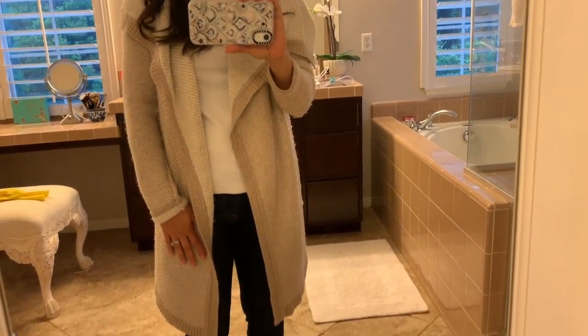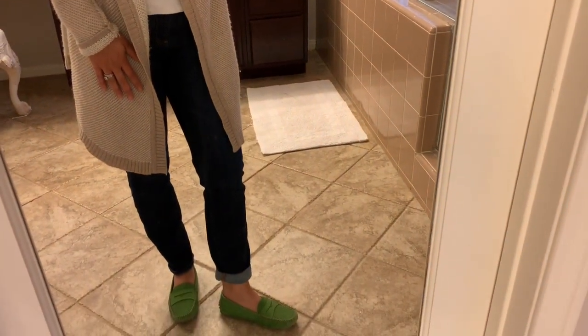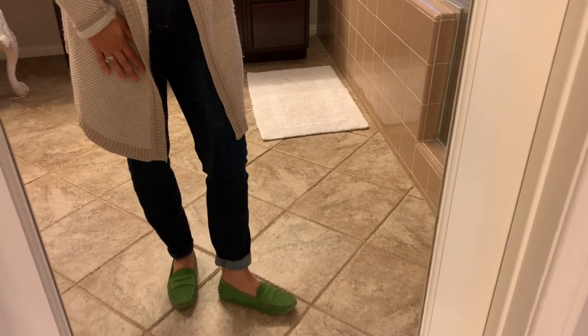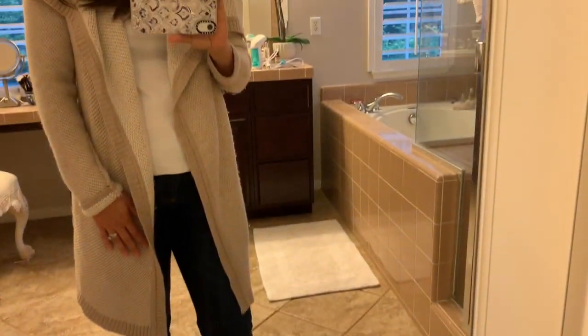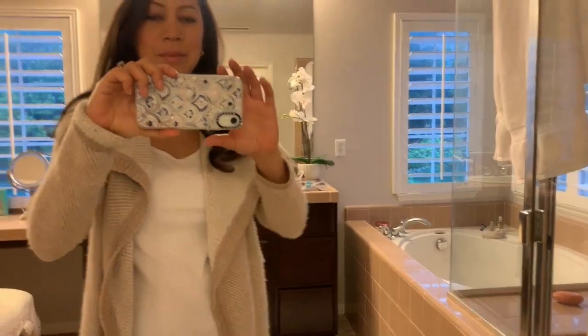And this is what I'm wearing today. I'm wearing my Land's End jeans and my London Sole driving shoes. These are no longer available, but I have linked something similar below. Todd's makes a really similar one. A white t-shirt. This one is from Bowden, and I just steamed it. So there is the steamer right there. I'm waiting for it to cool down before I put it away. And then this